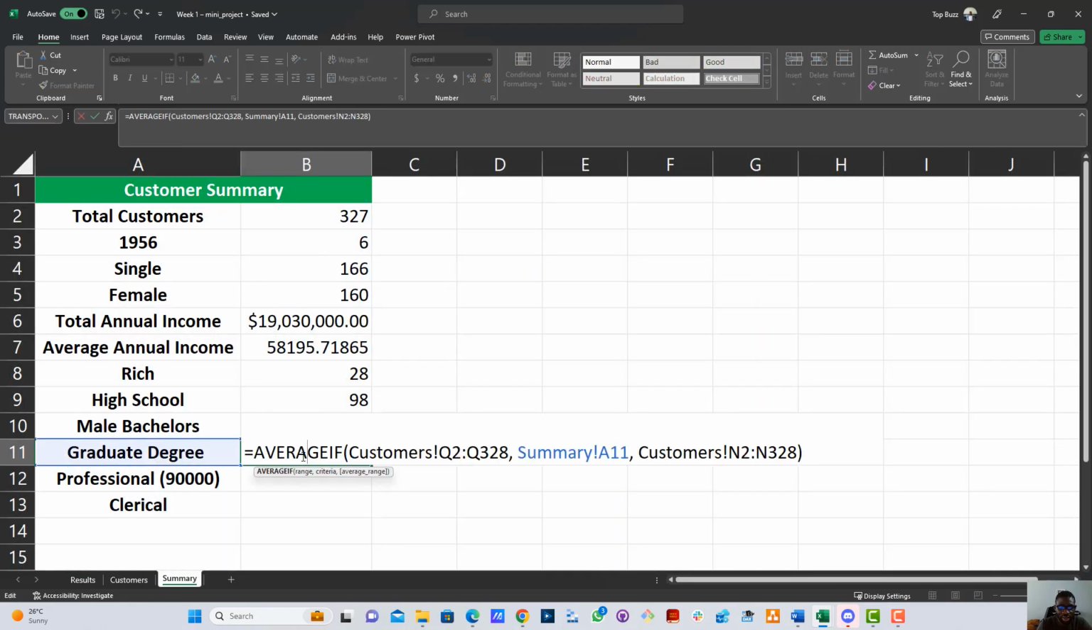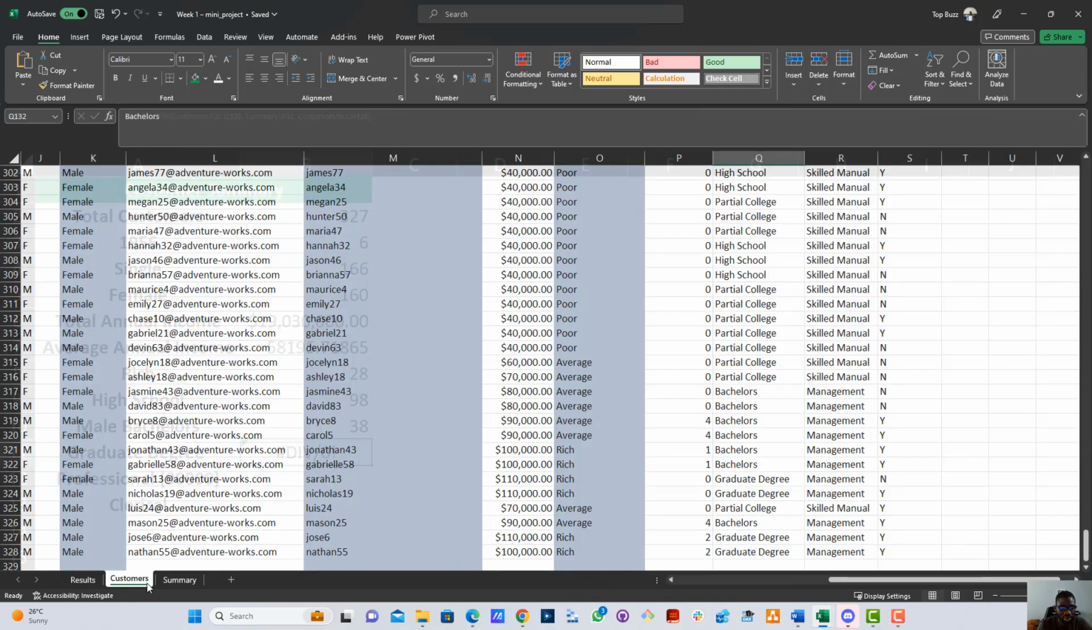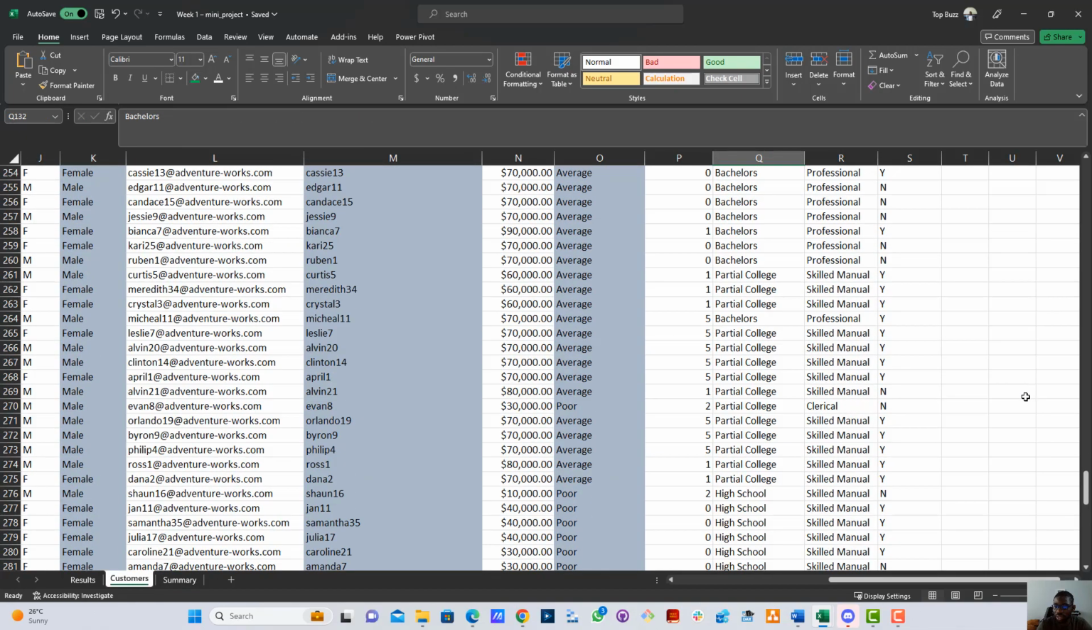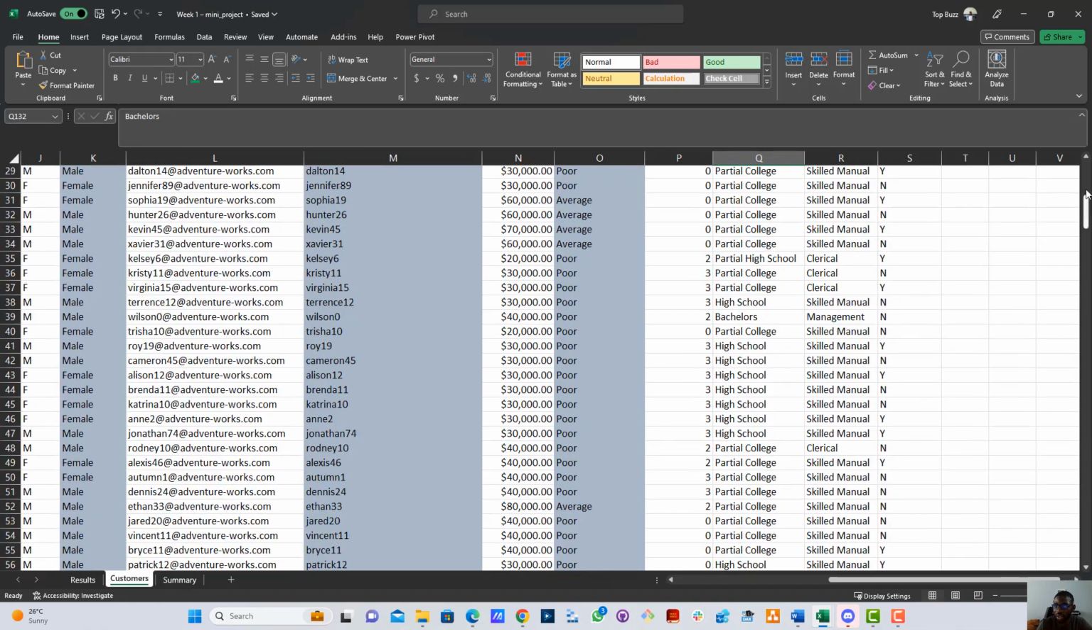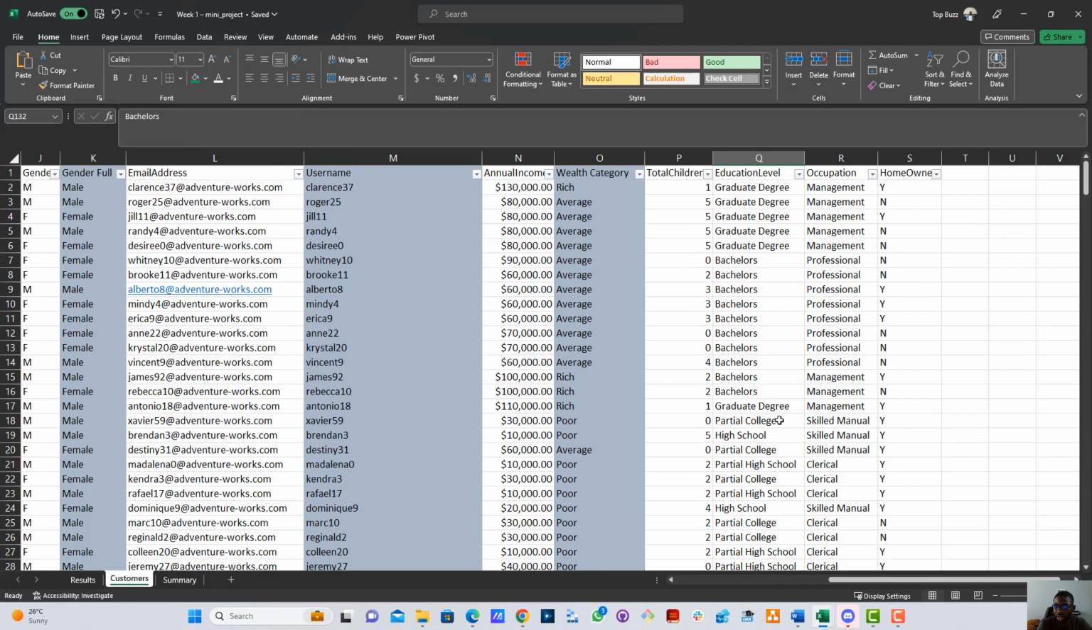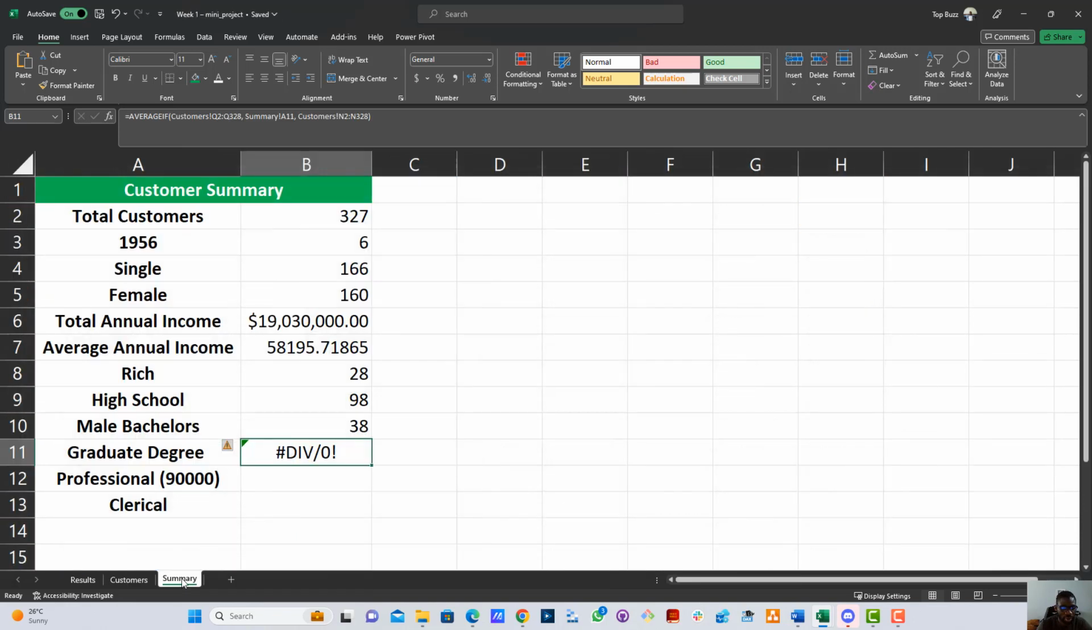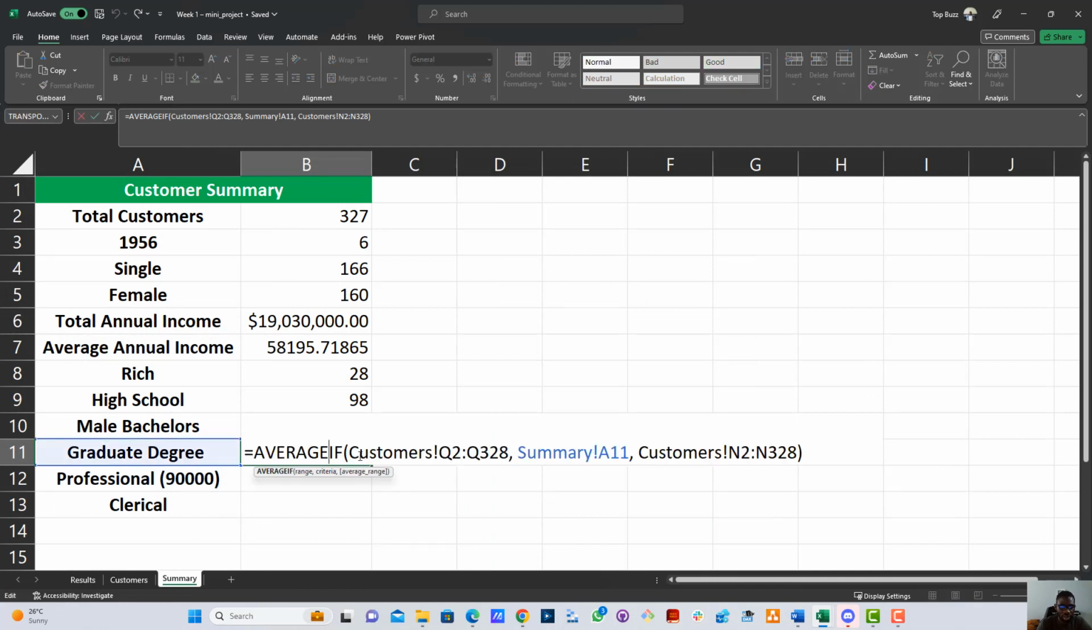So once you do that, we have a division error, and I strongly believe that this has to do with perhaps graduate degree. Maybe it was not spelled correctly. So let's check that. Graduate degree, we actually have it spelled correctly. So average if,